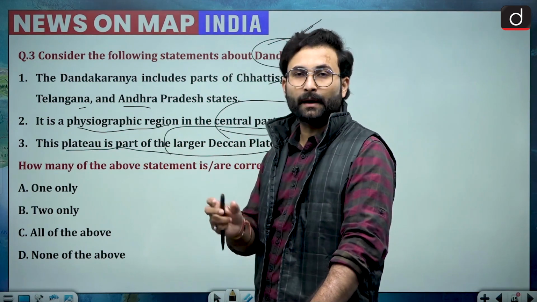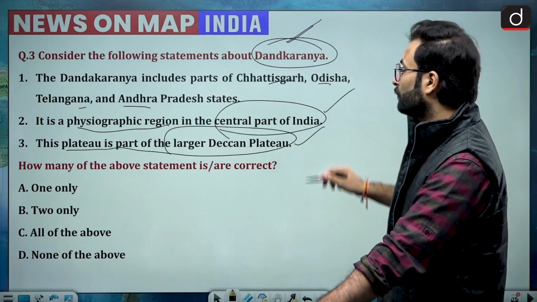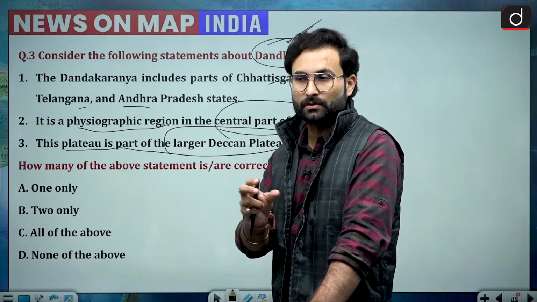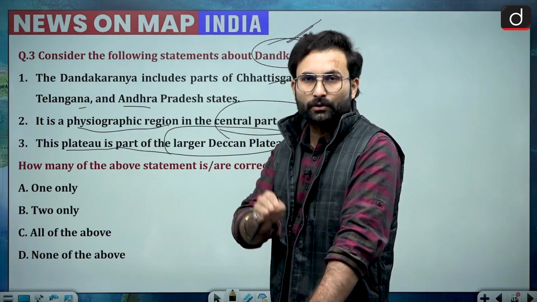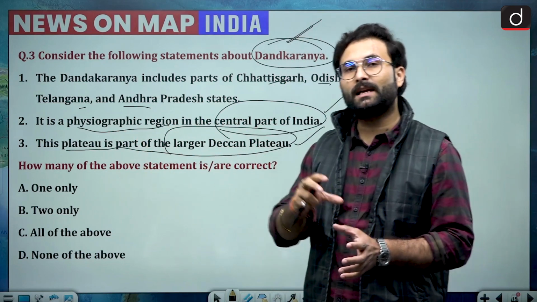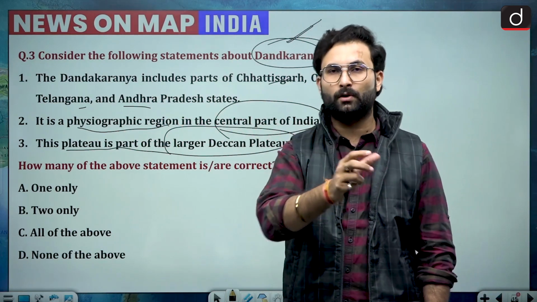Here most of the people might get confused because it is saying the central part, and it is saying the Deccan Plateau. So these are physical features and not the geographical features. You can say it is in the Deccan or south or in the central part. So don't get confused, because the Deccan Plateau extends up to MP, and in some cases even Rajasthan. You can say the Aravalli are the relics of this particular plateau only.